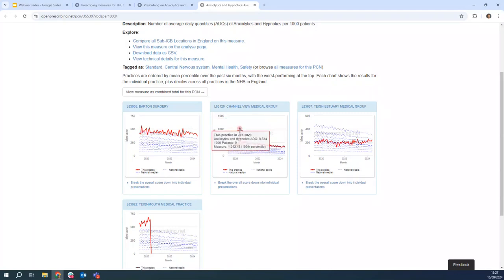Channelview, something odd happened there. June 2020, there was a lot. Trying to think, it doesn't seem particularly related to the pandemic. Something odd happened there, I would say, and then it all seemed to settle down. We could have a look into that in more detail, I suppose, and see what